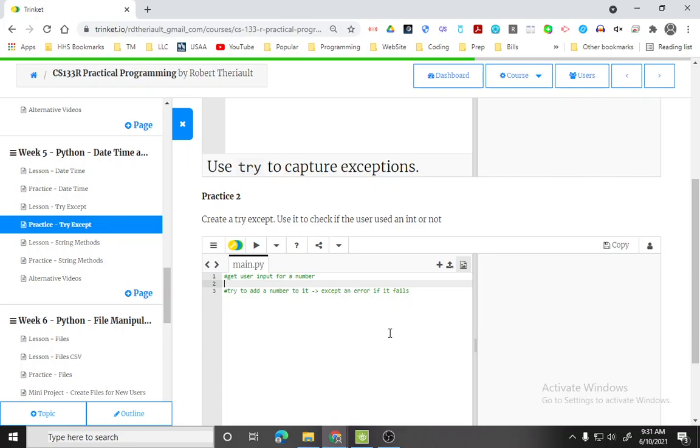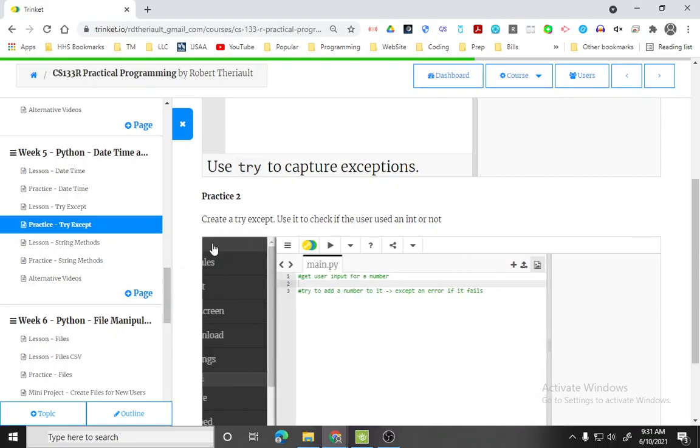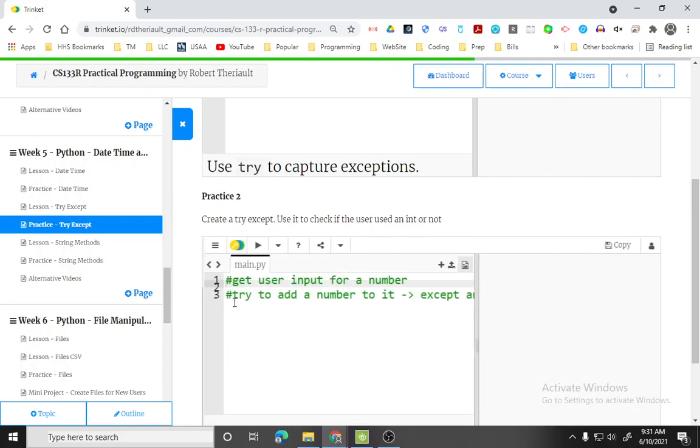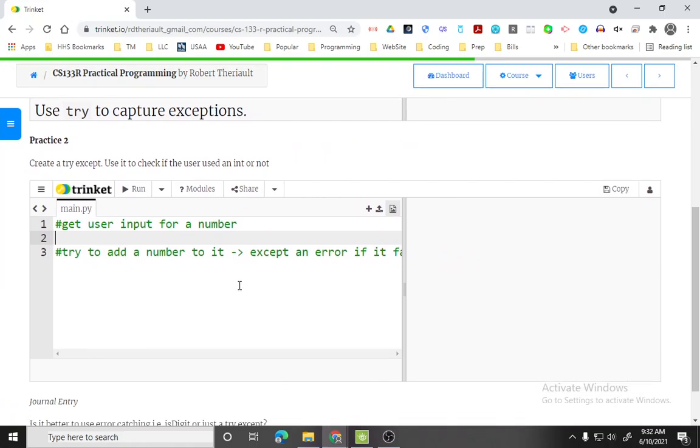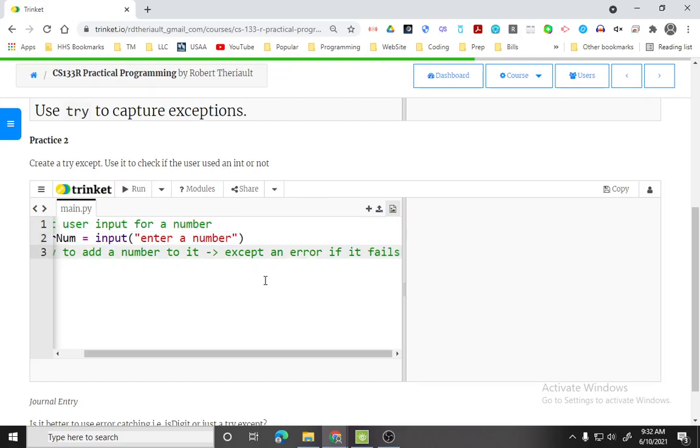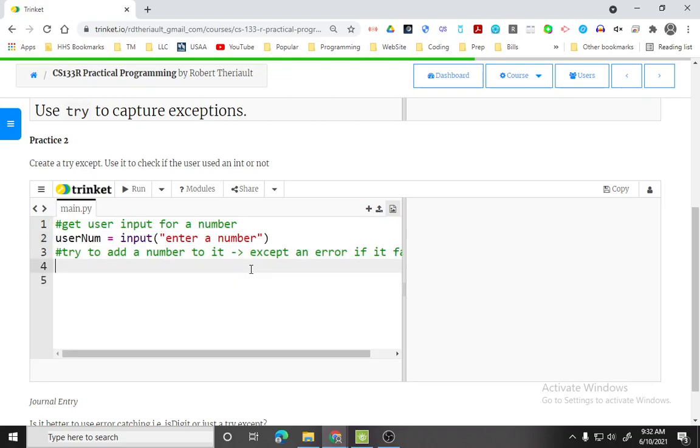So let's go ahead and do this try catch. We're going to check if the user's int or not, but we're going to write a little program and then catch it later, which is not necessarily the greatest coding practice. But let's go ahead and follow the directions. Get a user input. So user num equals input. Enter a number, and then we're going to try to add that number together. So print,